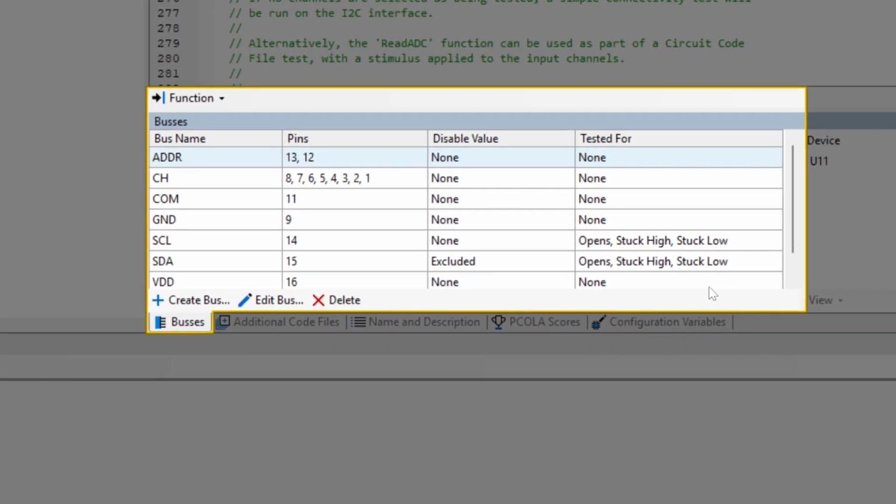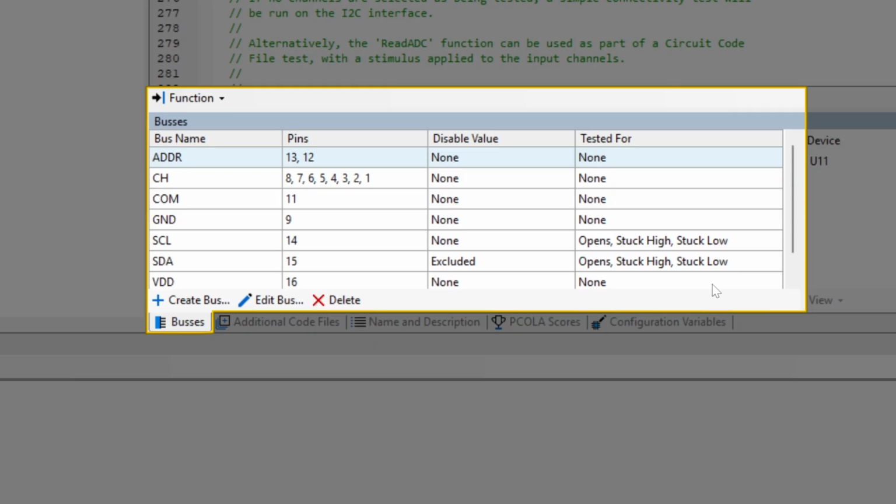The Buses tab in the bottom left pane is where the pins are declared, and you'll notice that pins and groups of pins get mapped to bus names. That makes code reuse easier because it allows another device with similar functionality but a different footprint or bus width to use the same code. All you need to do is edit this mapping table.